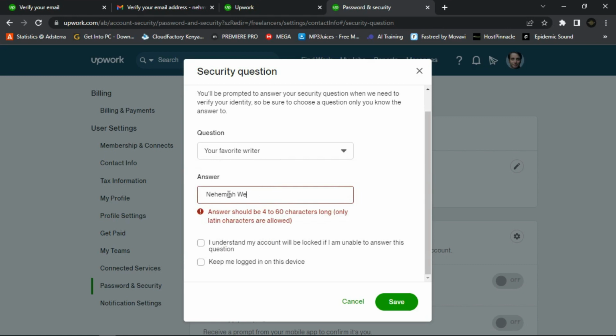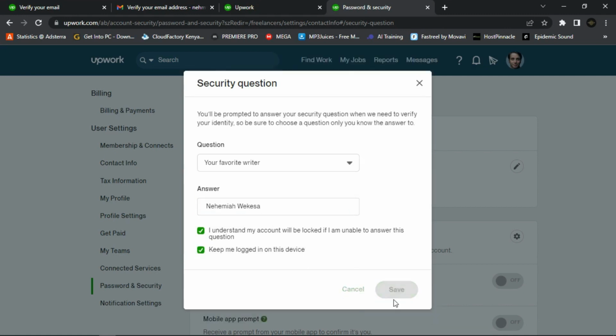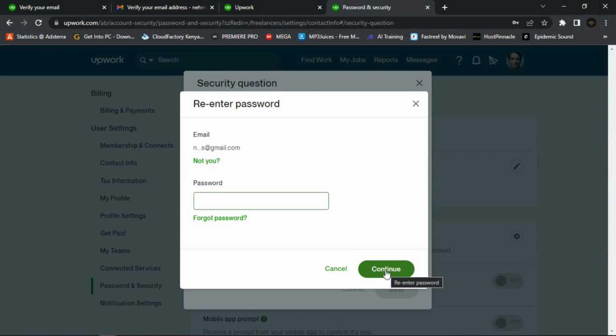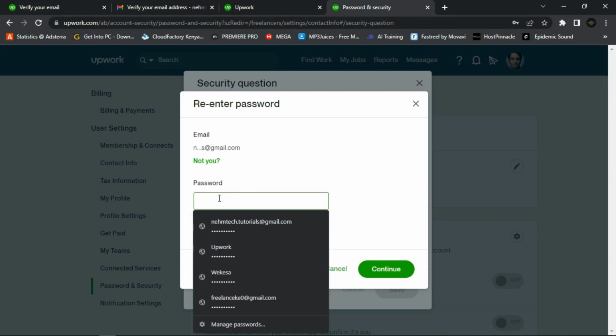And then I click on I understand, and keep me logged in, and then I click save. And then I guess here you're going to type in your password. Then I click continue.